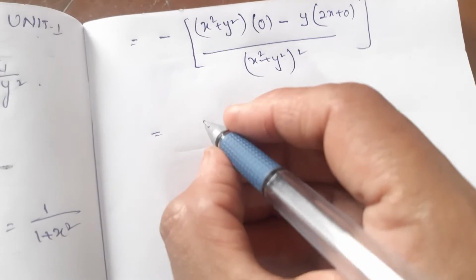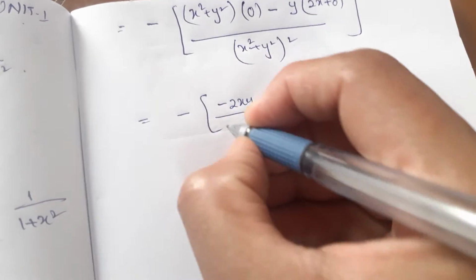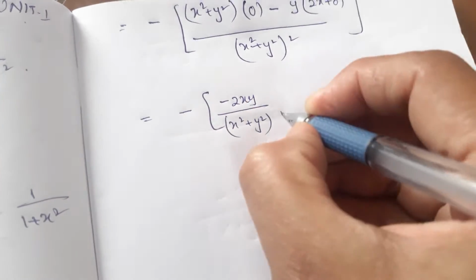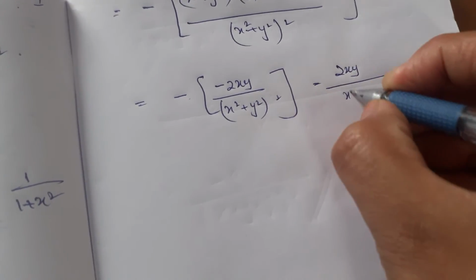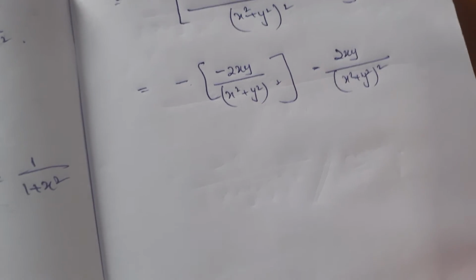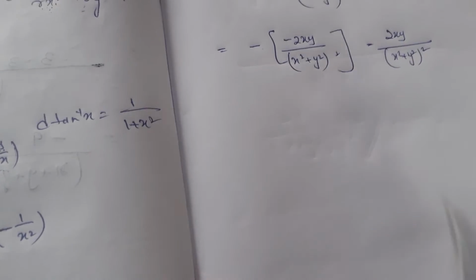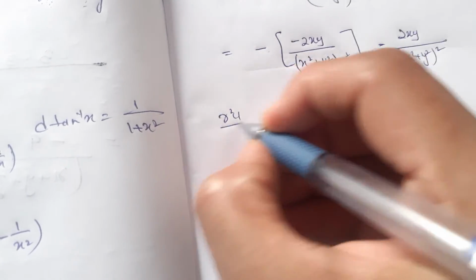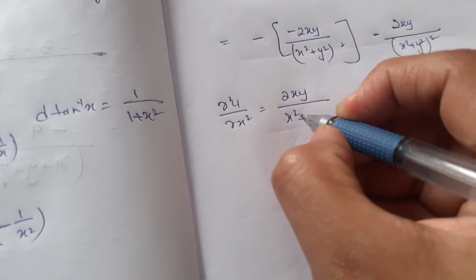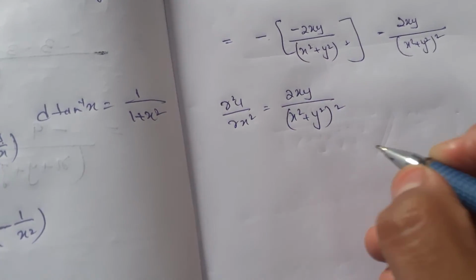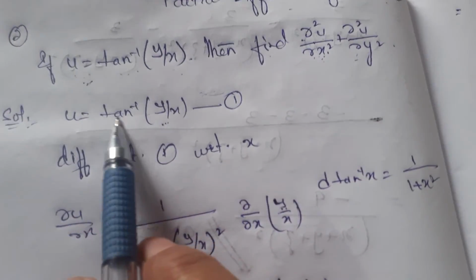So the answer is minus of minus 2xy by (x square plus y square) whole square. Minus into minus gives you plus 2xy by (x square plus y square) whole square. So the solution for dou square u by dou x square is equal to 2xy by (x square plus y square) whole square. Now we have to differentiate our equation 1,